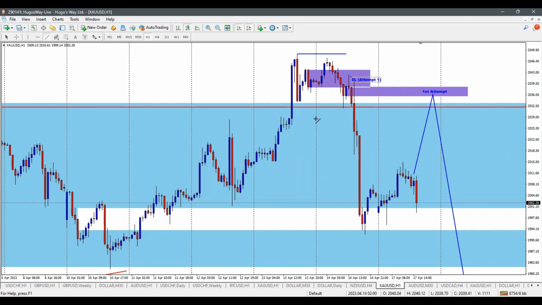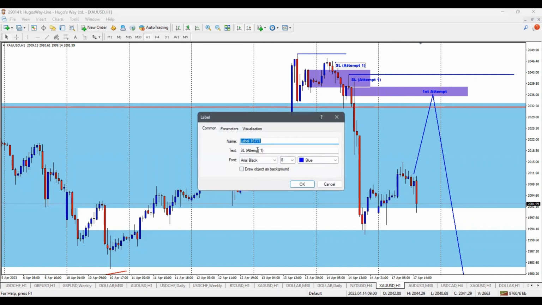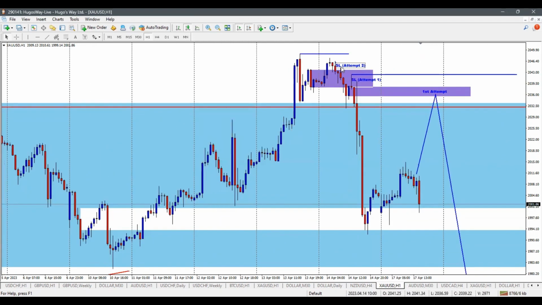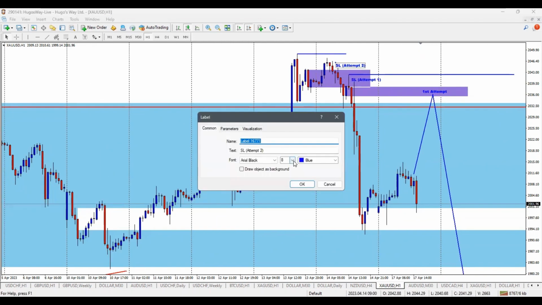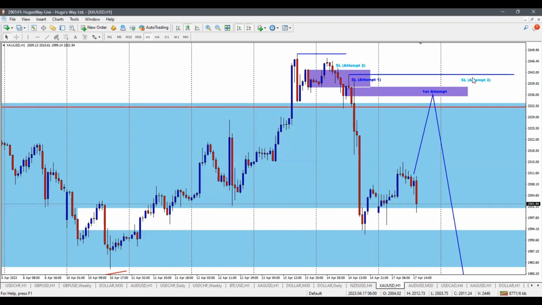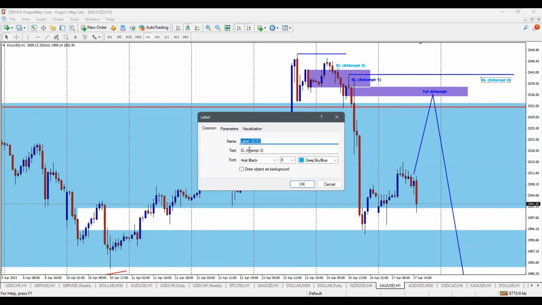The second trade is the price returning up to this range here. So my stop loss will be for attempt number 2 at this swing high here. Okay, I get the sense that the price has done enough weekly movements, and I'll probably change this to another color just to differentiate them. So I'll go for a sky blue. And my entry would be here for first attempt entry. Okay, attempt number 2